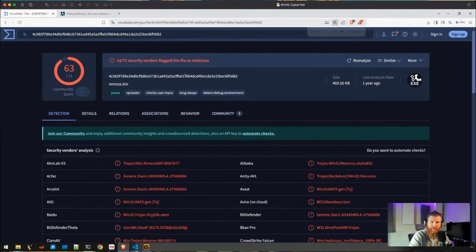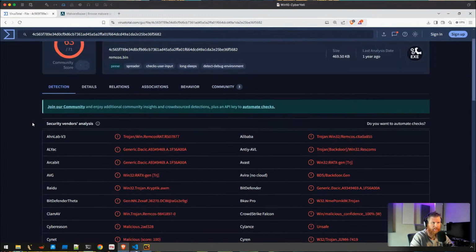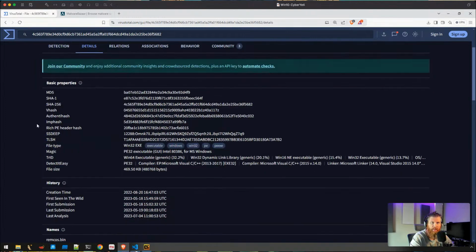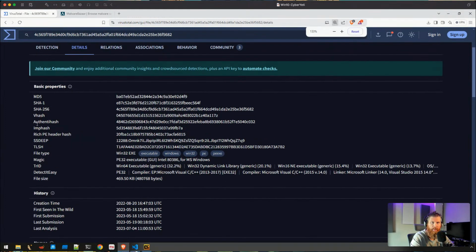What do we know about the file? If it's not on VirusTotal yet, then I know it's something that's undiscovered. There's something unique and interesting about that. If it's on VirusTotal, then hopefully we have a lot of insight here. I'm not going to spend a lot of time on VirusTotal because I have a previous stream where we went into online tools such as VirusTotal and online sandboxes. If we go to the details tab, you can see there are basic properties, and here we have, as I was mentioning, all of the different hashes.